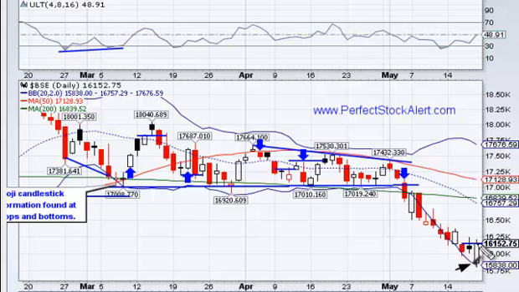If we were to get another little jump to the upside here after this major sell-off, we were looking for resistance to be where the support was. The support was here. If we found resistance at about this level, also testing the 200-day moving average, then I'd be looking for an opportunity to get short again. Right now, I'm just watching it.